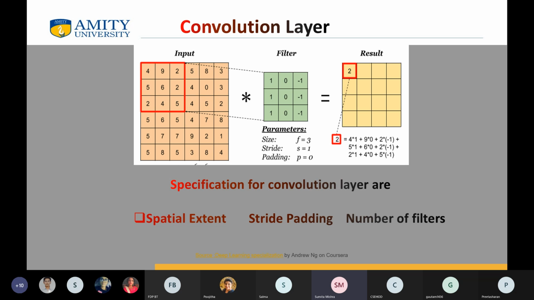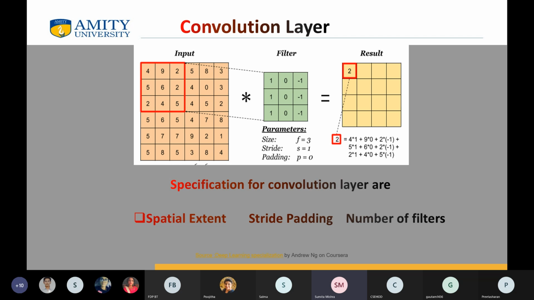So if an image has all these three components, red, blue, green, then there will be three input matrices, right? So you see here that this is one matrix and we use the concept of filters here. So what is the role of a filter? A filter is basically trying to determine the features or the characteristics of a particular area in an